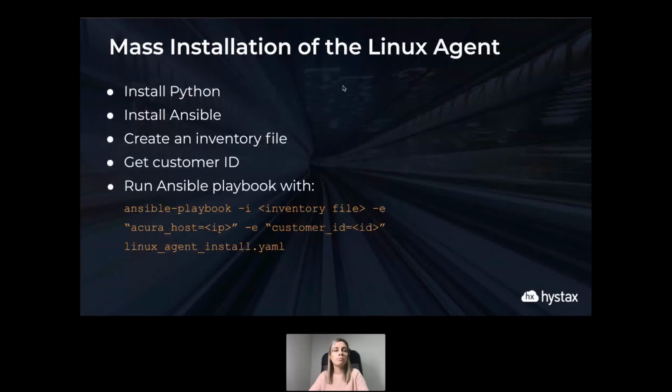As far as today, we're going to talk about the Linux agent, and I will show you actually how it works. I'm in the mass installation of the Linux agent. A couple of words about the script. Again,